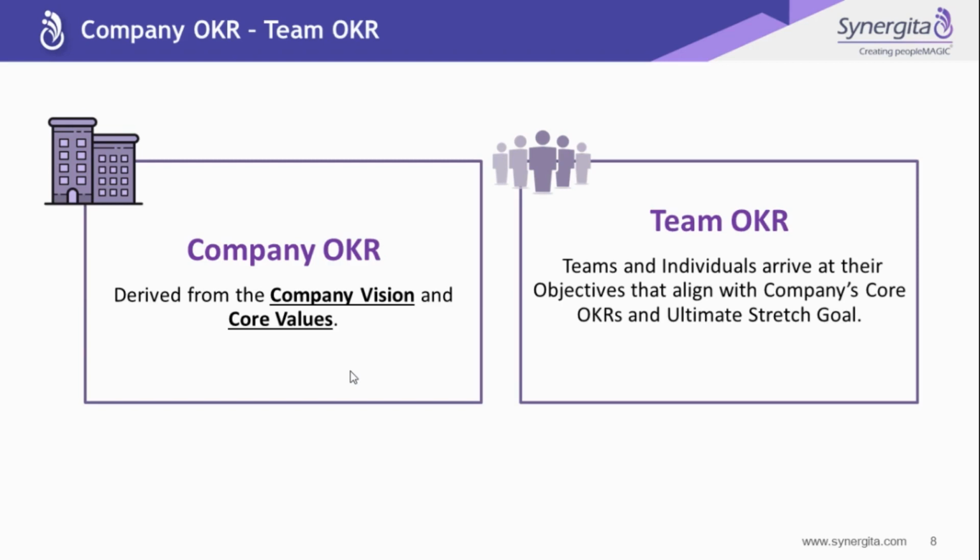So once the company OKRs are set, next come the team OKRs and the department-wise OKRs. Team and individual OKRs express what tactics the teams and individuals will deploy and what results they will need to achieve in order to help the organization realize its long-term objectives. Everyone has a busy schedule and urgent things will constantly pop up, right? So whatever is reflected in your OKRs deserves priority over everything else. It is also very crucial to update your OKRs regularly to see how you are progressing, and what you have achieved is the most important thing.